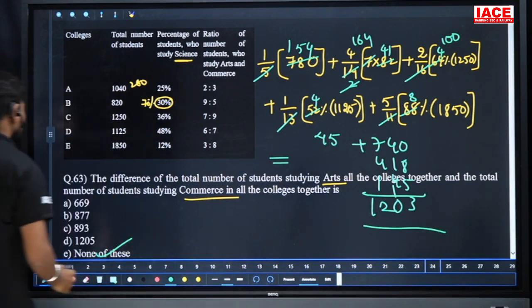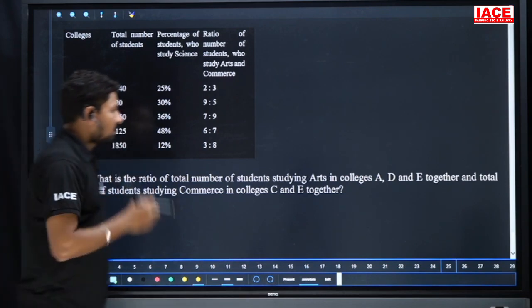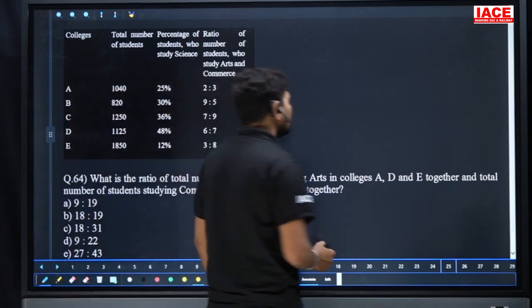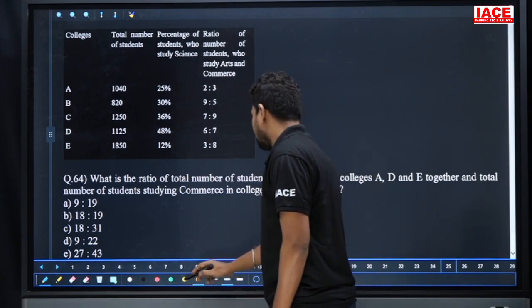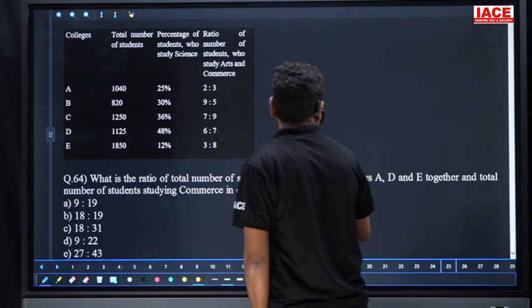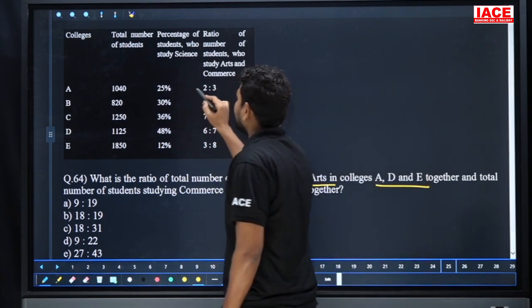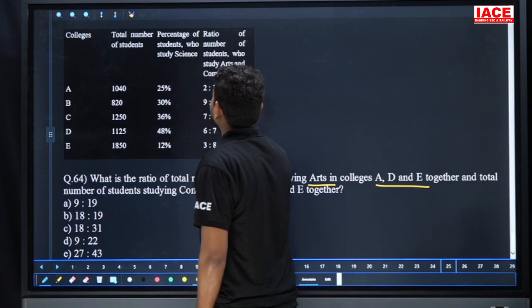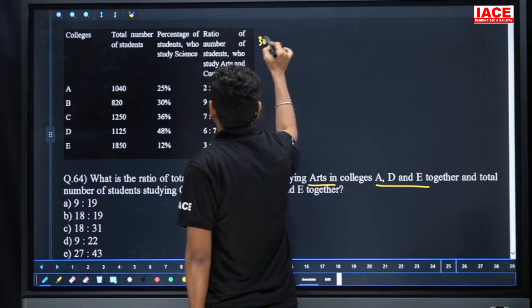None of these here. We have the next question, the 64th, for the same data. What is the ratio of the total number of students studying arts in colleges A, D, E together and the total number of students studying commerce in all colleges, so C and E together? So here particularly we require arts A, D, E. Arts A, D, E means it is 75 percentage for arts and commerce. 75 percentage we should distribute 2 is to 3. It is 30 percentage of